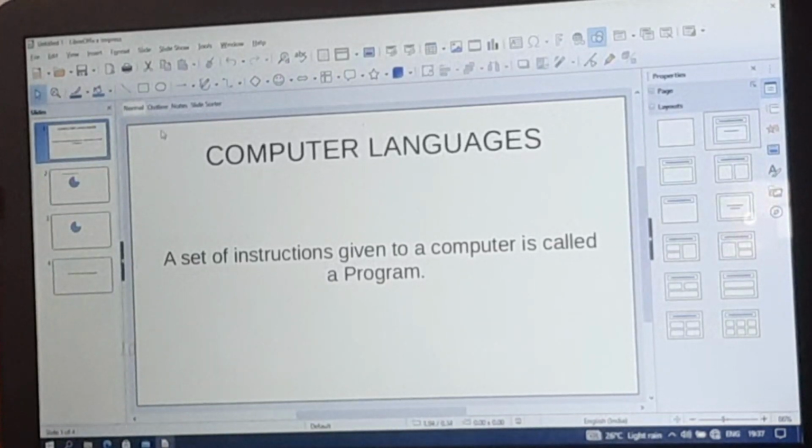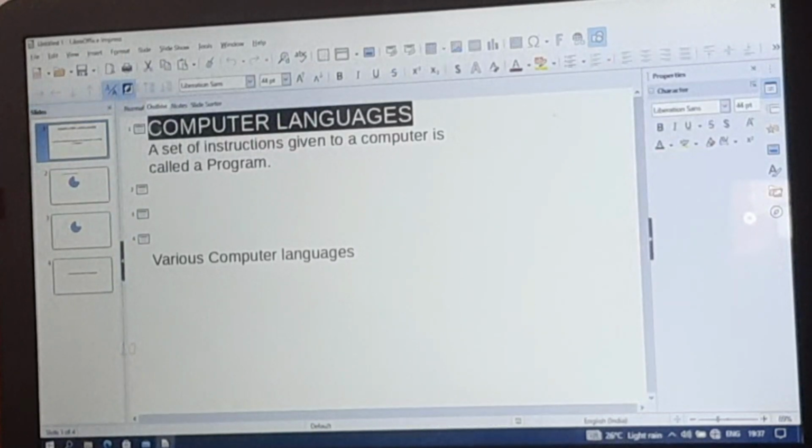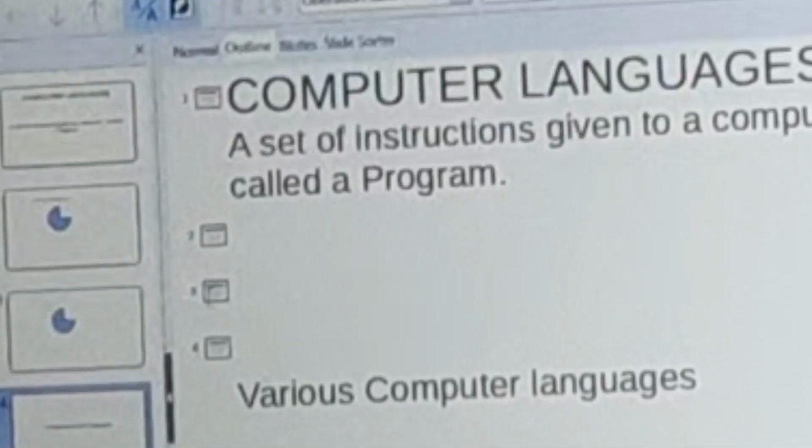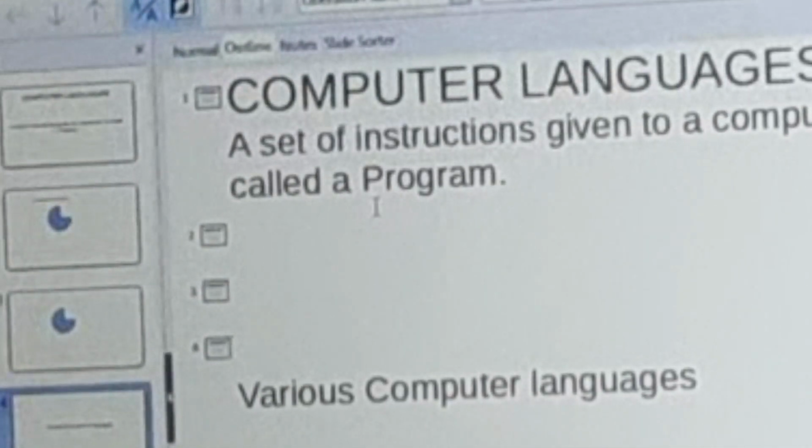And here if I click on the outline view, the slide contents will be displayed here in outline. So outline view contains all the slides of the presentation in their numbered sequence. It shows the topic titles, bulleted list and numbered list for each slide in the outline format. So this is the outline format and this is the slide and these are the numbers, arranged according to the slides that we created.